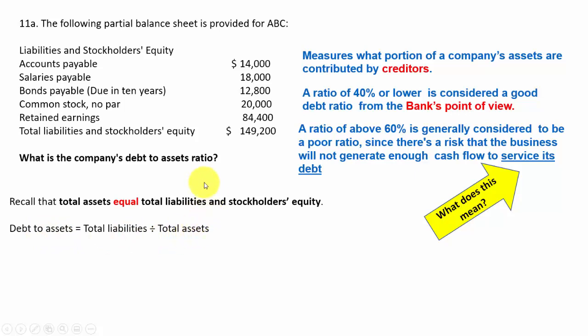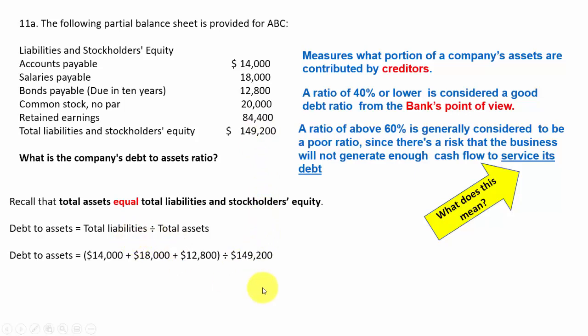So looks like we're going to do the following. For debt, looks like we got 18,000 for salaries payable, 14,000 for accounts payable, and 12,800 for bonds payable. That's the total debt that we've got, and we want to divide that by the liability plus stockholders' equity piece, which is 149.2. And I say this because, going back to this situation,